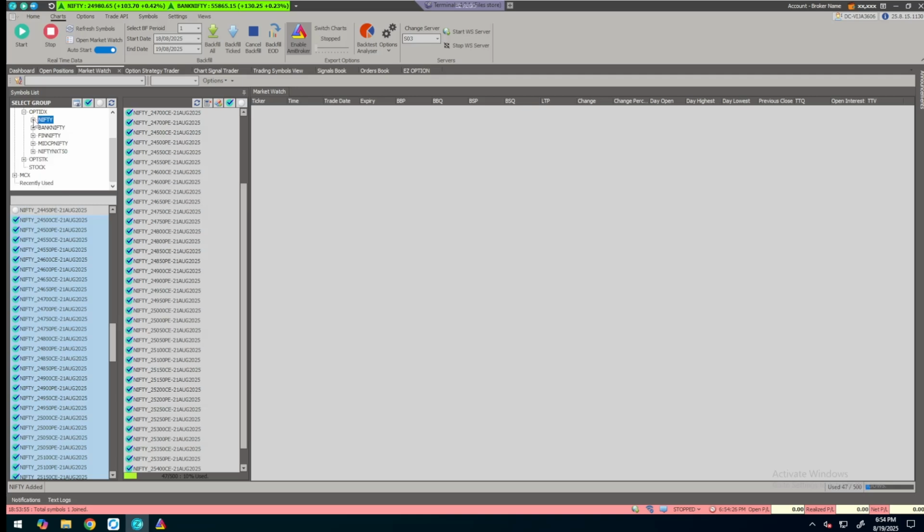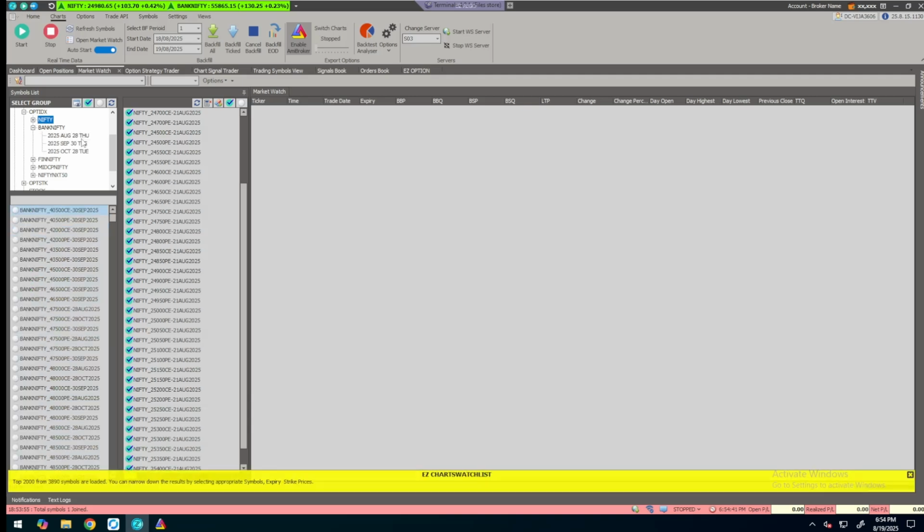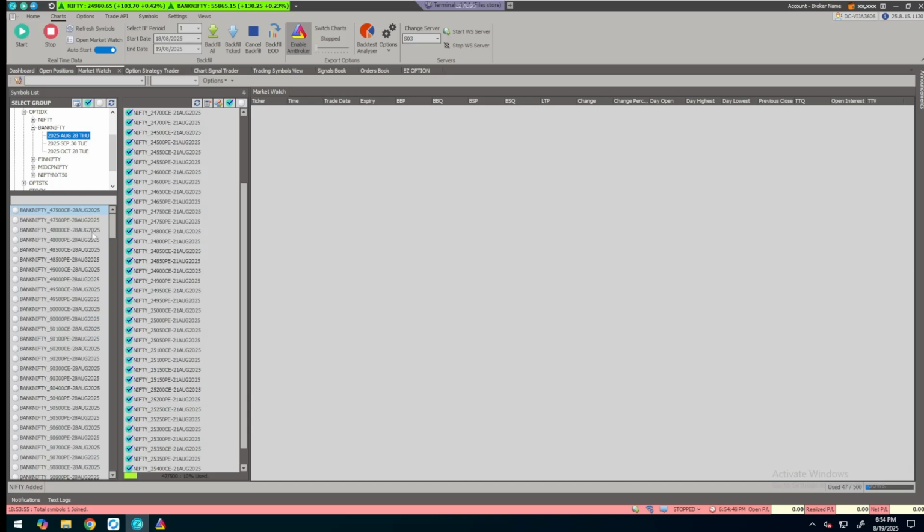Now let's add some symbols for Bank Nifty. Expand Bank Nifty options. You can select August 28th expiry. So now in the bottom section, it displays all the symbols that are expiring on August 28th. So you want to filter these symbols. There are a lot of symbols. It might be confusing to select each and every one. So what you can do is, say, if you want to add